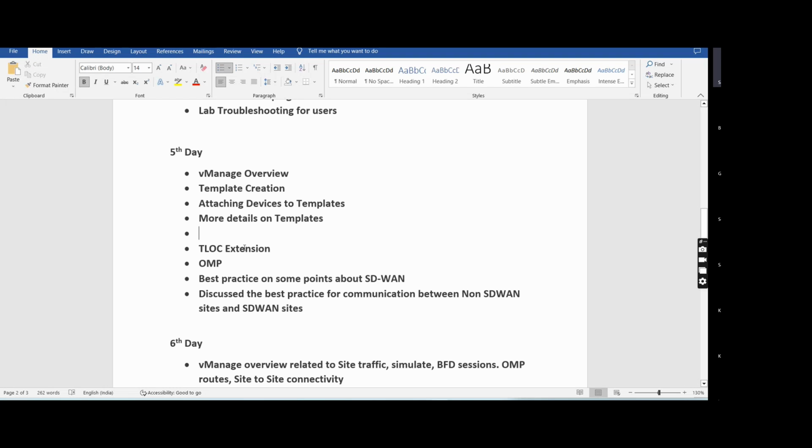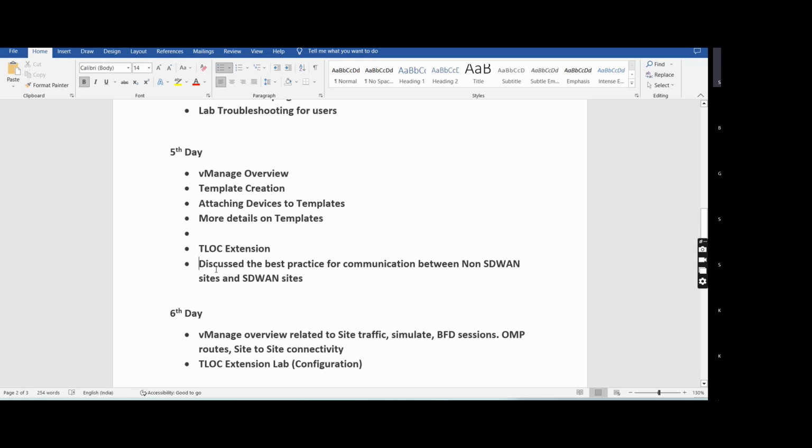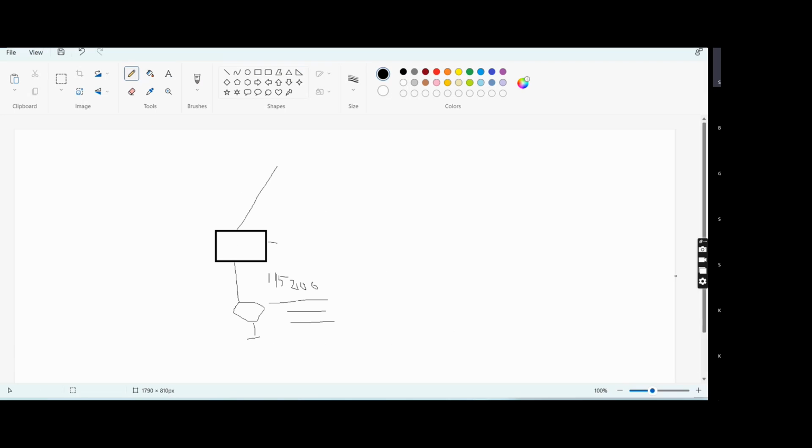T-lock extension, we will... okay, OMP we already covered most of the time. Best practice of some point about SD-WAN, leave it. You guys are always asking, so multiple times I told you. So one more thing I would like to share with you: suppose you have your SD-WAN fabric environment,